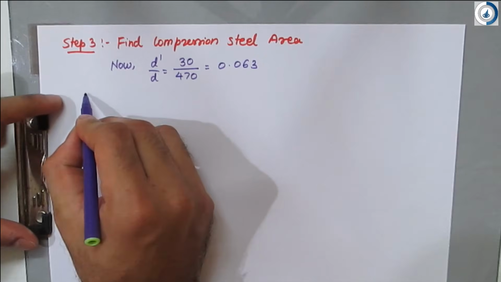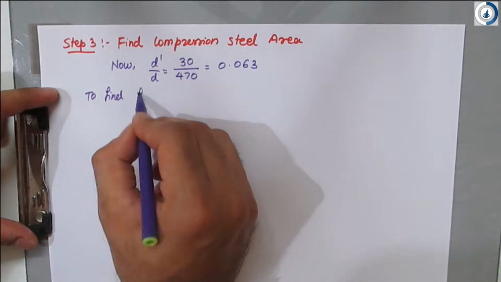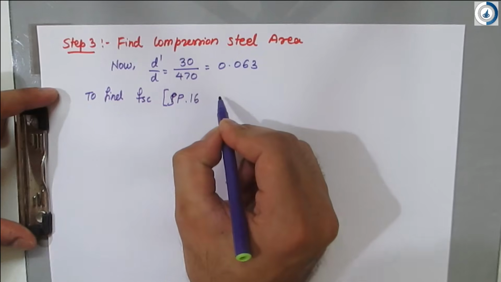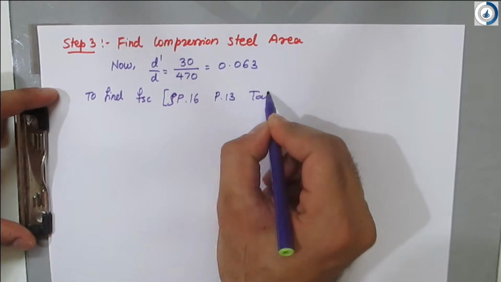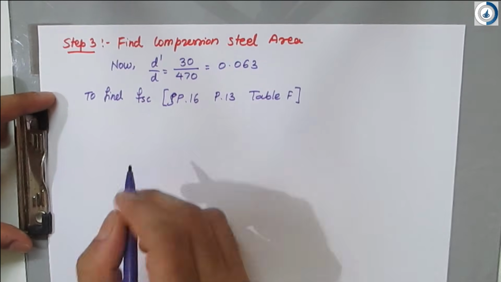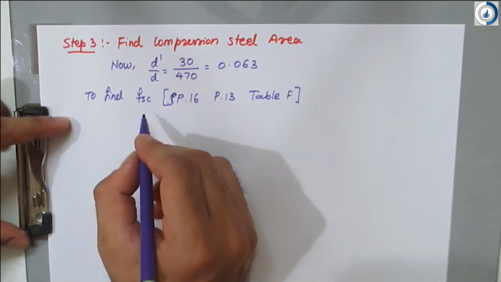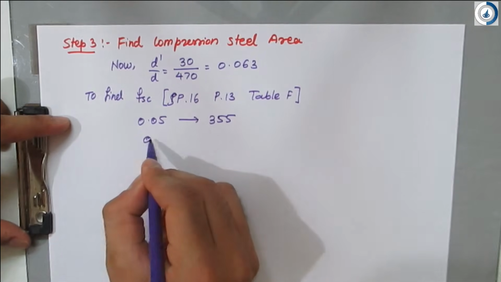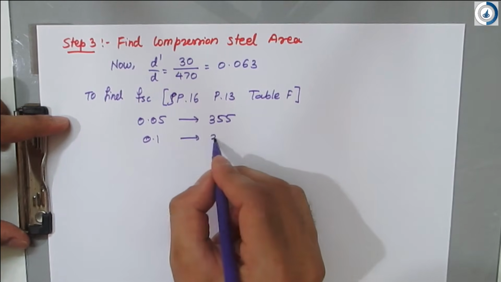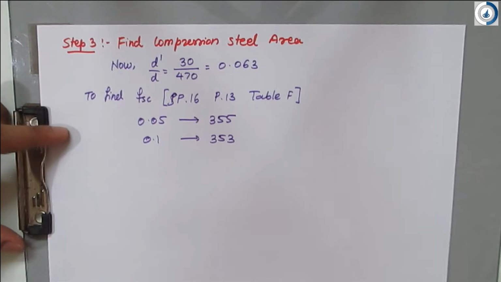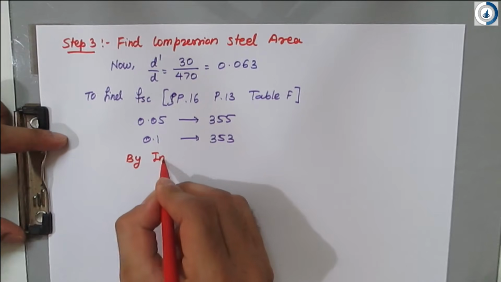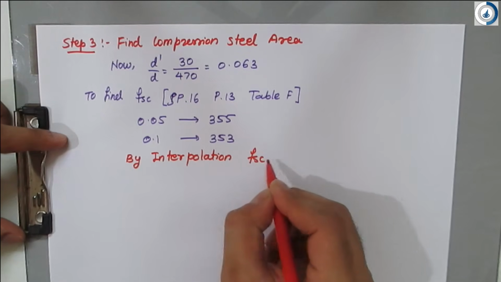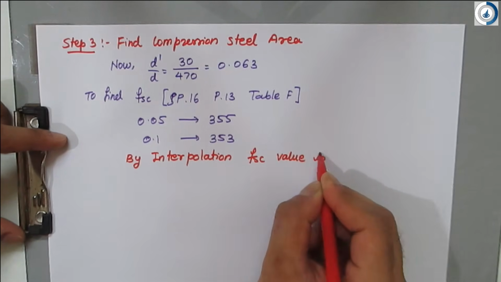To find fsc, you have to go to SP16, page number 13, table F. For 0.05 the value was 355, and for 0.1 the value is 353. By interpolation, the fsc value